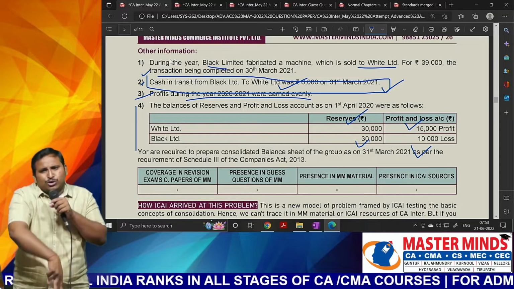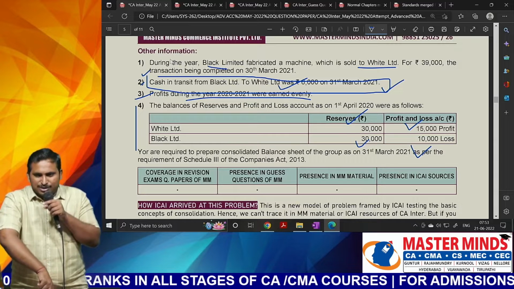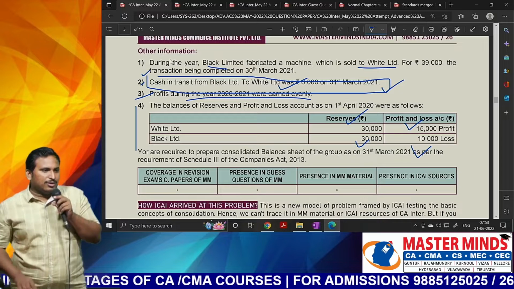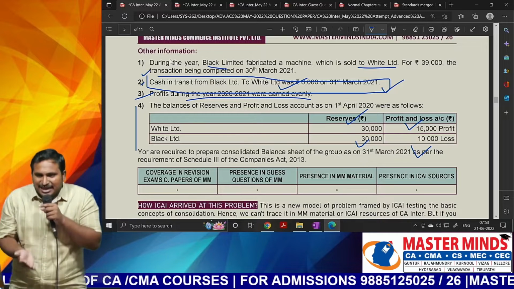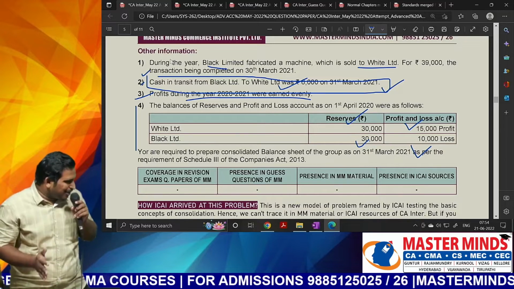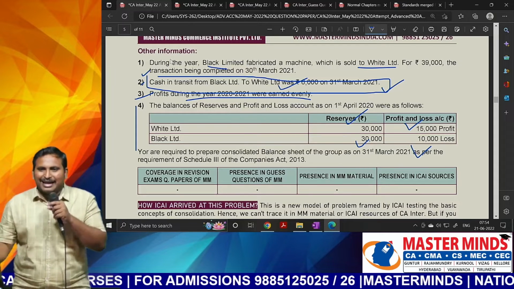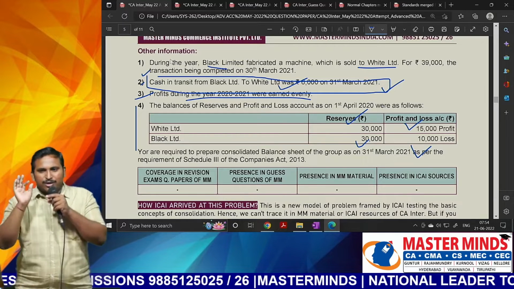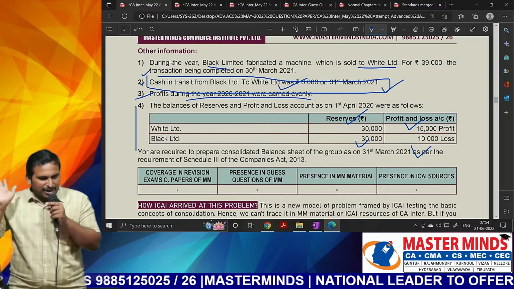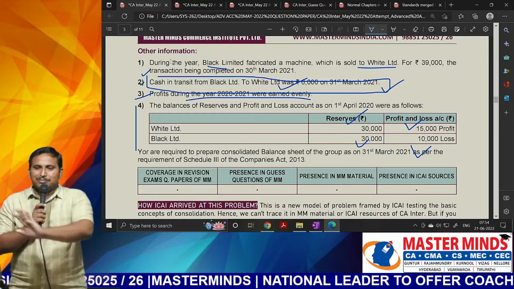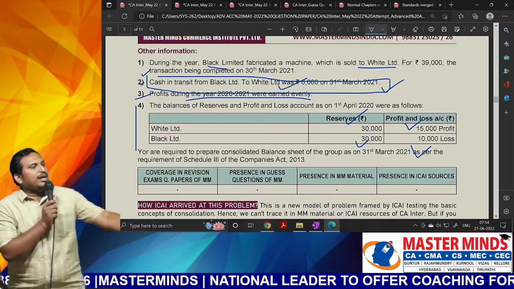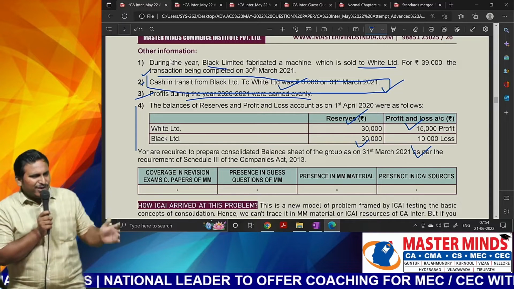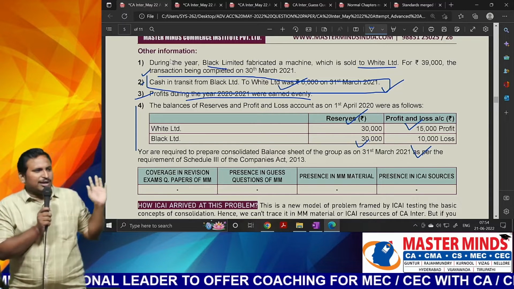Here, max 2 marks you lose, sir, even if you don't answer those 2 points, or even if you do something wrong. For that sake, we cannot do anything. Are you getting the point? In the professional examination, I am telling you multiple times, don't try to answer the entire 100 marks, or try to be perfect in the entire 100 marks. It's okay even if you write 80 marks very, very well. In any practical subject, 80% marks you will easily get, sir. 80 into 80, 64 marks. There itself you will be getting. Don't worry. Don't just have that fear by looking at the exam paper.